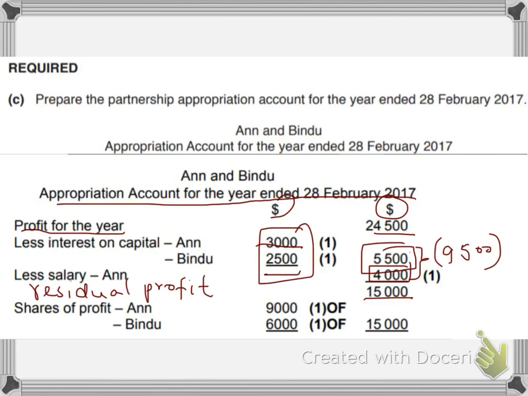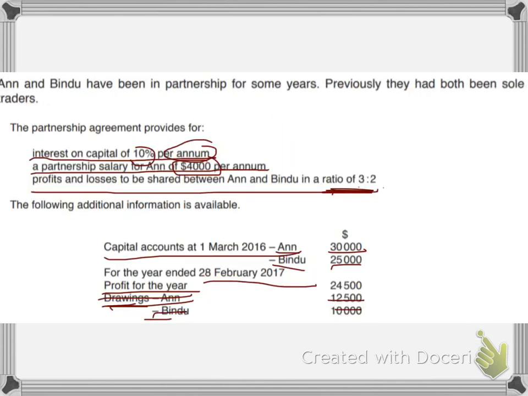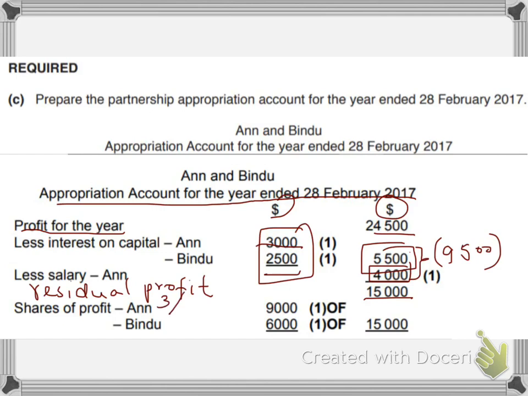So now we need to share the profit amongst the partners. So the ratio is 3:2. By 3:2, we understand that the denominator will be 5, because 3 plus 2 is 5. So first 3 is for Bindu, sorry, it's for Anne, and Bindu is 2. Then we do 3 by 5 of the 15,000